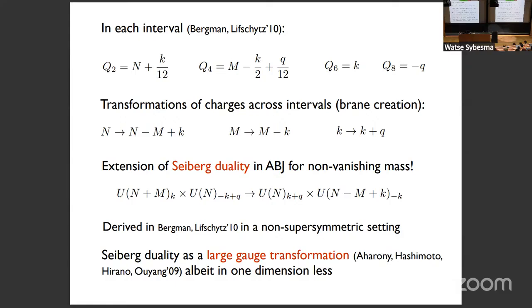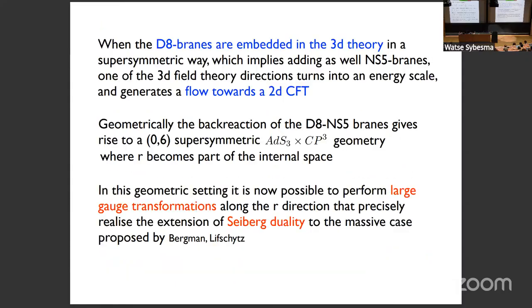These people showed that a large gauge transformation produces this change, in this case ignoring the Q, in the charges, because basically this is a brane creation effect that is taking place as you do these large gauge transformations. So the interpretation of this is that when instead of introducing the D8 branes as probe branes in a non-supersymmetric way, which is what was done by Berman and Lifshitz, you introduce them in a way that supersymmetries are preserved, in particular half of the supersymmetries, which